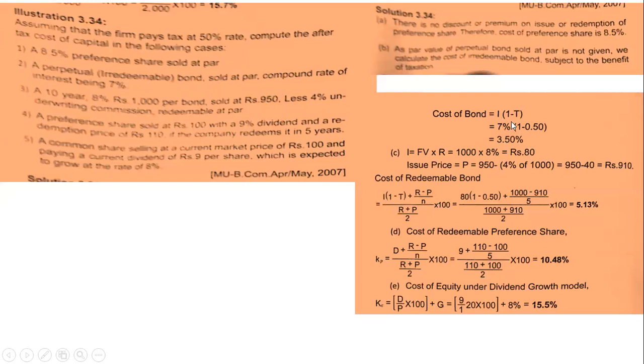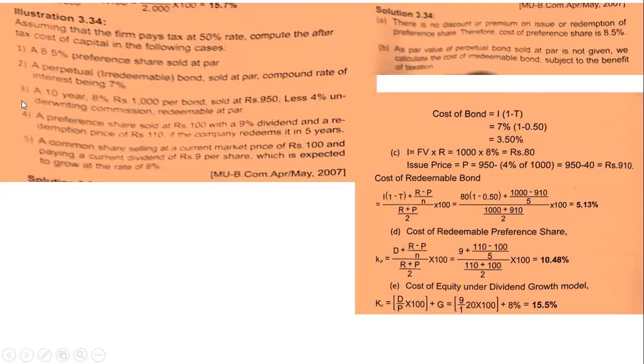I is equal to 7%. That is the rate of interest they have given. And the income tax rate they have given in the problem is that it pays a tax at 50%. So that means income tax is 0.50. Out of 7% interest, 50% must be considered for income tax purposes and the remaining would be the income. So half of the 7% means we'll get 3.50. That will be the net cost here in the case of the second situation.